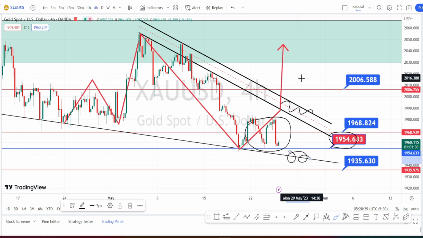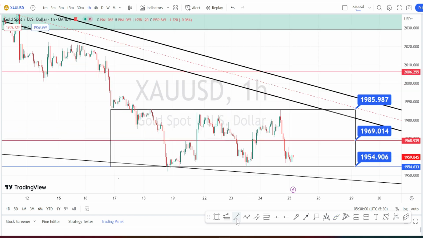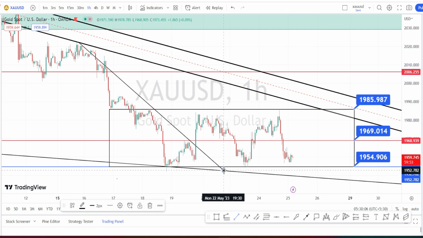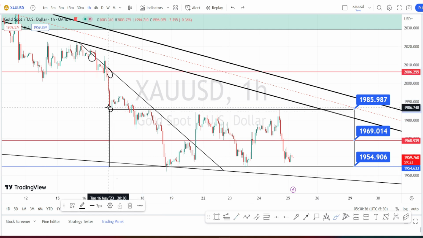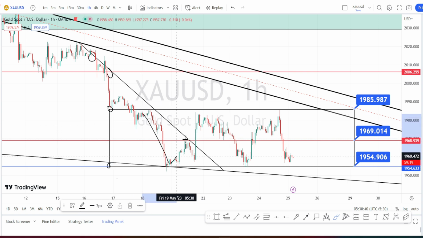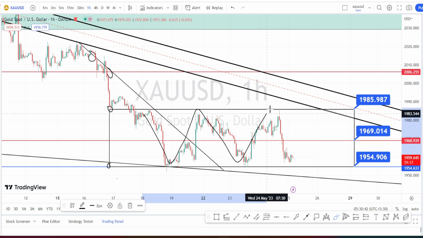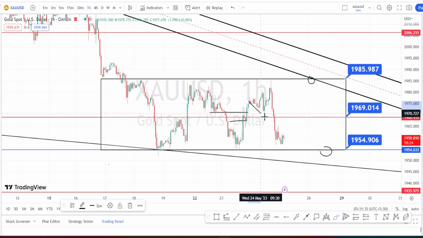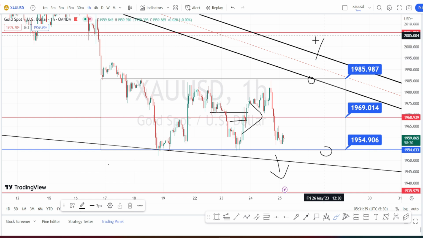Let us look at the price action for hourly time frame. I am in hourly time frame now, and when we look at the price action in hourly time frame, previously it was on a bearish trend, and currently we are noticing the price action to be trading on a sideways price action within this rectangle pattern. So for the hourly time frame, we have to wait for the price action to come out from this consolidation in order to enter into the direction trade on the bearish side or on the bullish side.